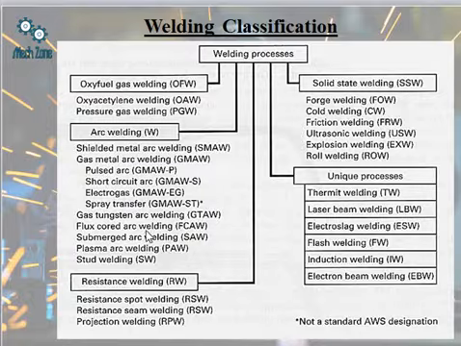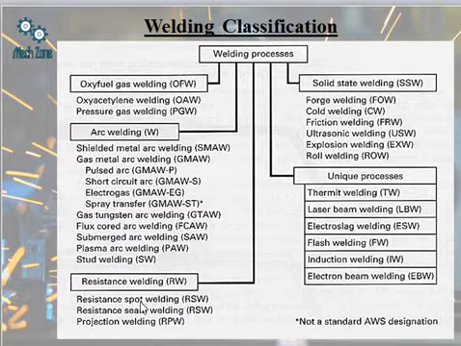spray transfer, gas tungsten arc, this is very important, flux cored arc welding, submerged arc welding, SAW, this is also very important, plasma arc is important, stud welding is not important. Unique processes are thermit welding, laser beam welding, electroslag welding, flash welding, induction welding, then electron beam welding or EBW. Then in the resistance welding, we are utilizing the concept of friction to join two similar or dissimilar materials,